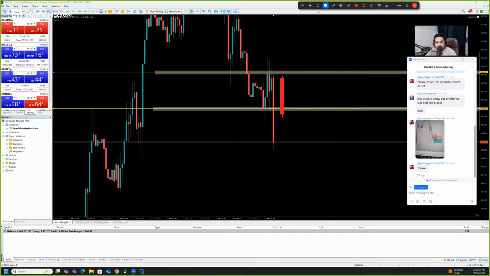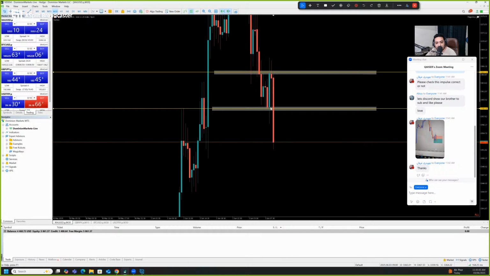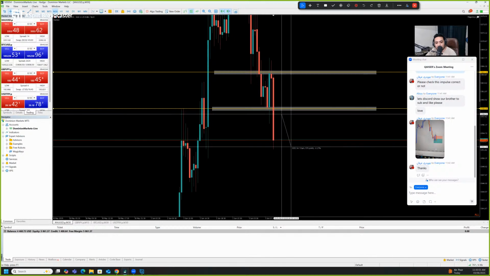Look at the overall structure. Let me show you. If you look at M30, it never gave us any kind of confirmation. This candle rejected with a long rejection close with a small body. This candle rejected from the same place, closing above the previous candle. So what is the probability that this time, if it breaks the low, it will continue pushing to the downside? Very low probability. So if you miss the move, you don't need to get into some kind of FOMO that you missed the move.